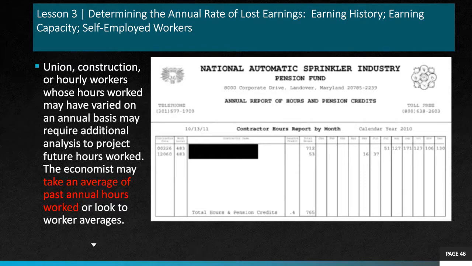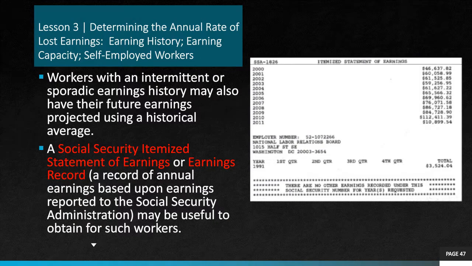Okay. And then frequently there are plaintiffs who have an intermittent or sporadic earnings history. Either they don't remember where they worked, or it's hard to subpoena every employer they worked for in the past 20 years and so forth. And so for these people, I usually try to request a Social Security earnings history. And this is something that the plaintiff can go out, they can even go online right now and obtain, or they can go down to the Social Security office and receive it,